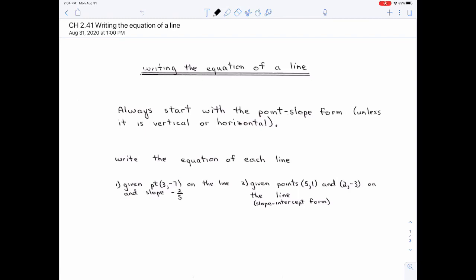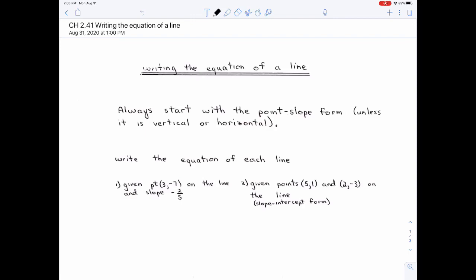Well, two things. One, everything I'm going to say is going to have vertical and horizontal lines as an exception. You just have to have those memorized. You don't have to show me work for vertical and horizontal lines. You just write the answer, okay? Next,